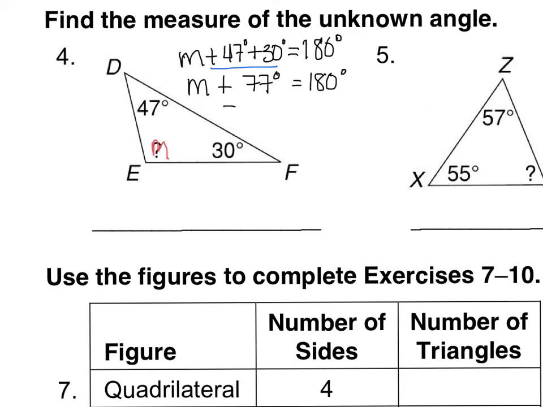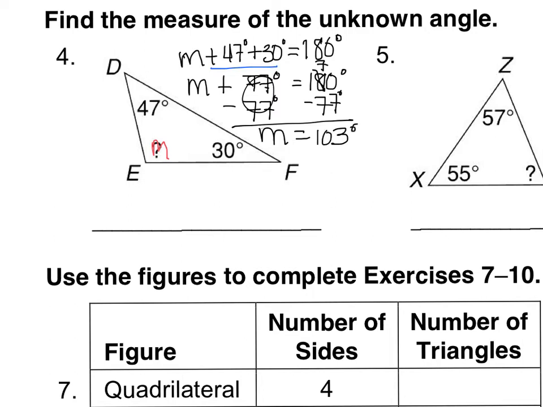This is a one-step equation, so to solve for M, I'm going to subtract 77 degrees from both sides. And I get M, sorry, I almost wrote an X. M is equal to